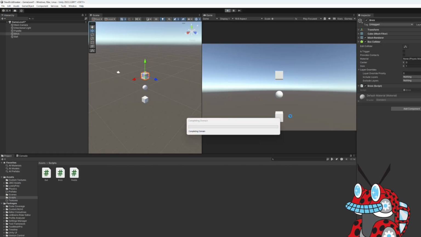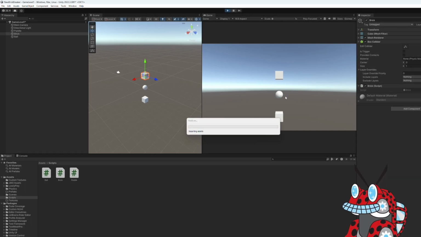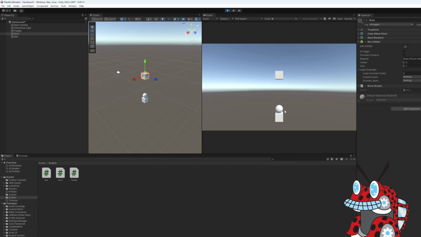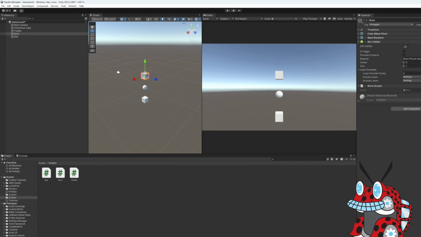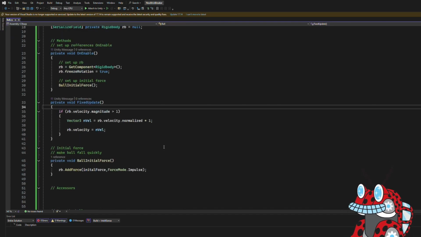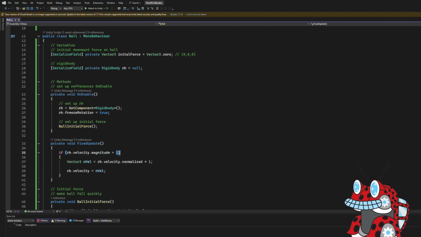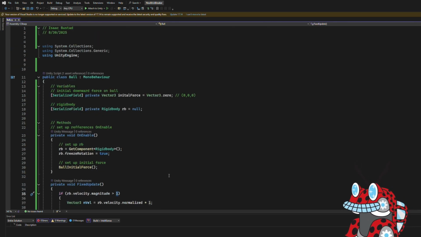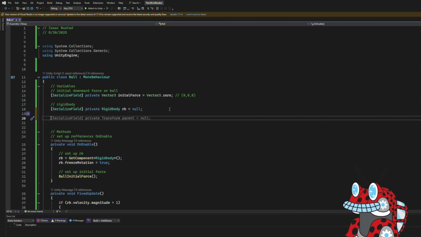So we're going to go ahead and play. You'll notice it did the initial force and then slowed immediately to 1. So now we could up it to 25 and we'd probably see an actual difference. You'll notice that each time we did that, we had to come back in here and change it manually. So what I would actually recommend doing is going up here,